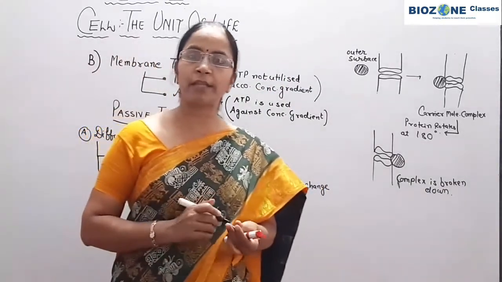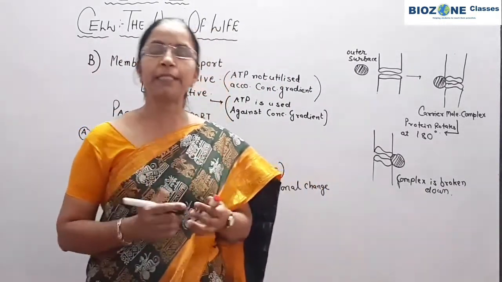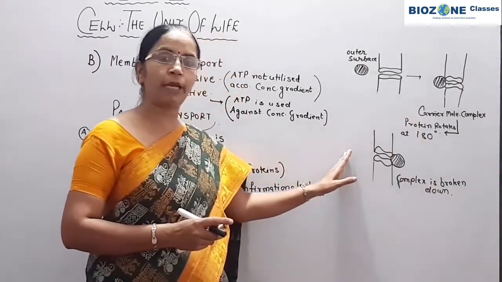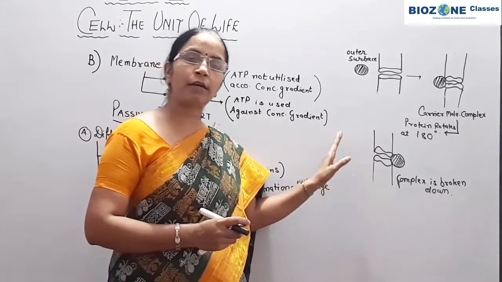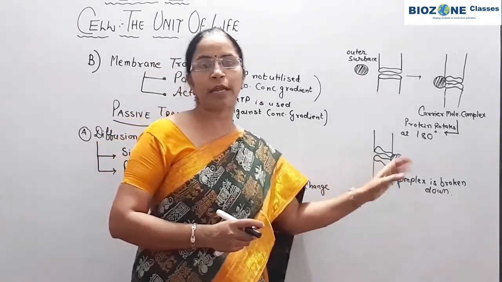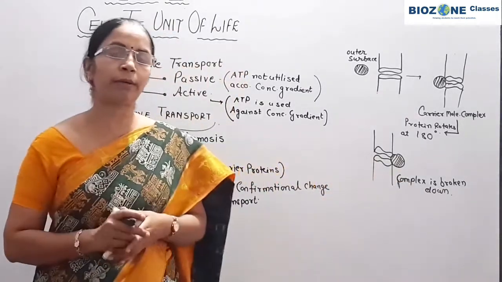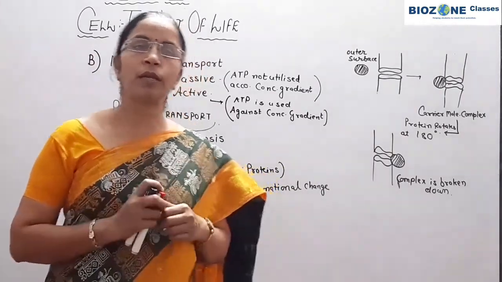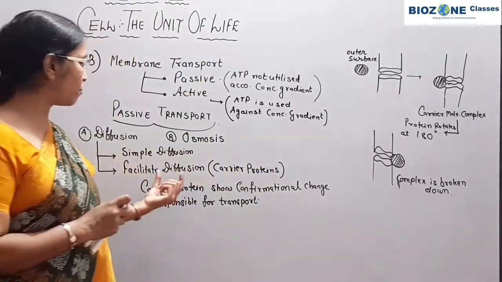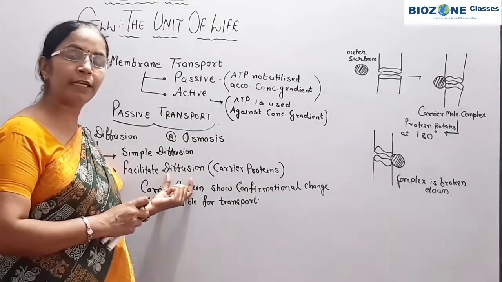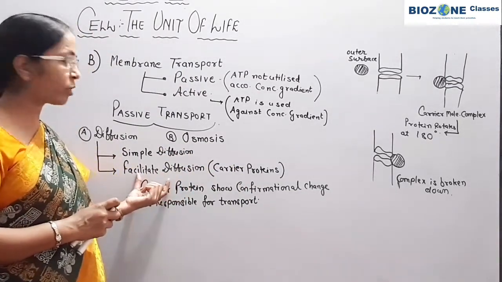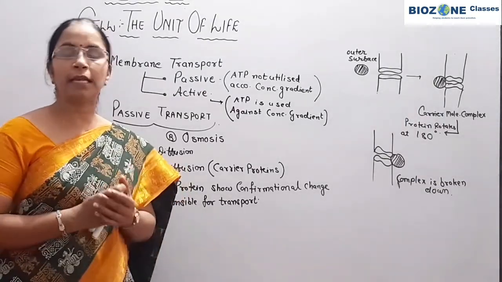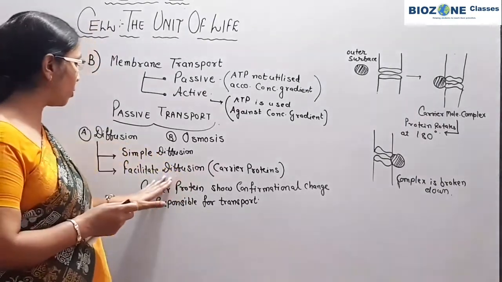In the same way, the molecules which are present at the inner surface can be moved across the cell membrane or plasma membrane and come to the outer surface with the help of a carrier protein. So here you remember, in diffusion of such molecules, carrier proteins provide a facility of transport. Therefore, this kind of diffusion is normally called facilitated diffusion. So this part you remember.